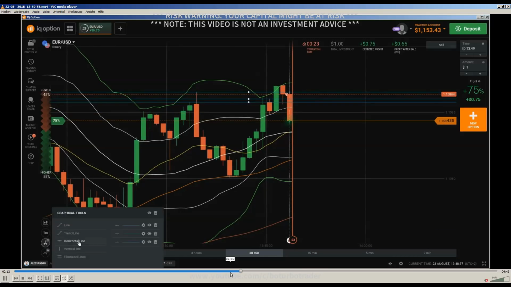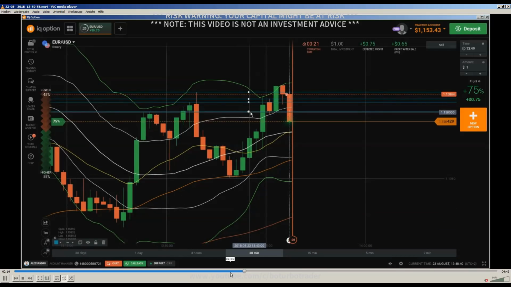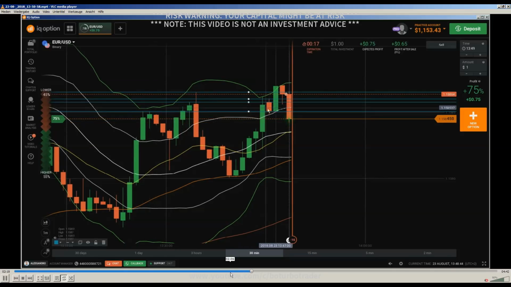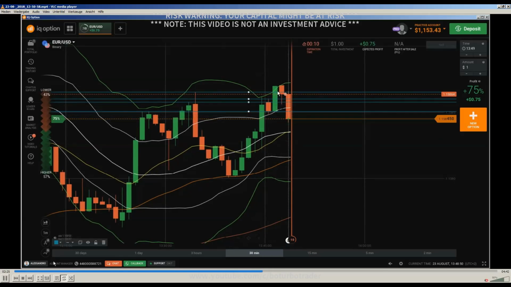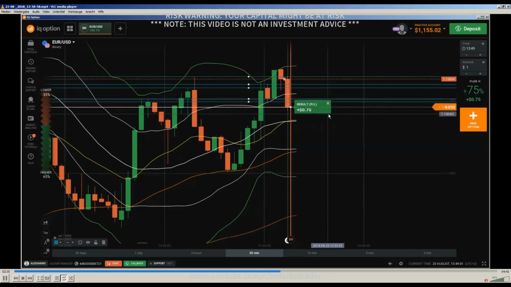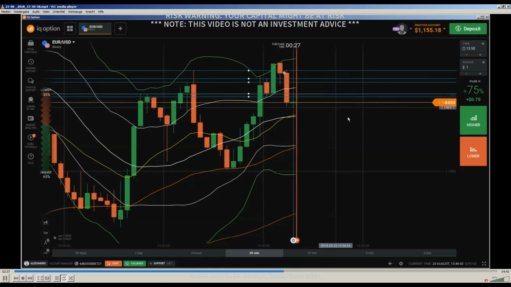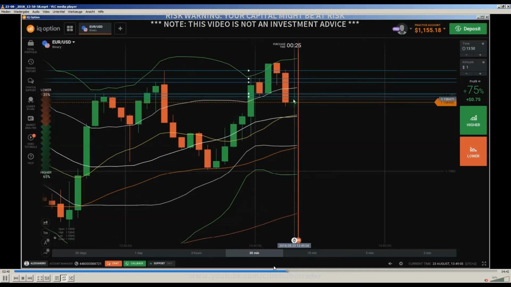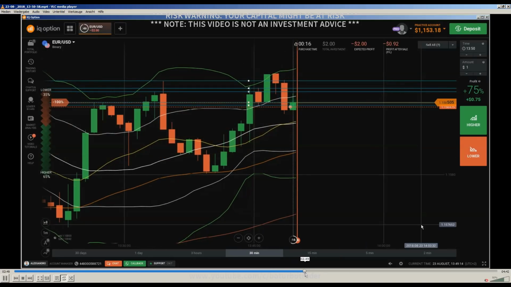In a trending market, I would not have entered here into a put. I would have done a call, because this lower shadow would show a sign that price would continue going up. But in this kind of ranging market, it was clear to me that price will most probably reverse from this area, and you see it formed a nice victory candle.